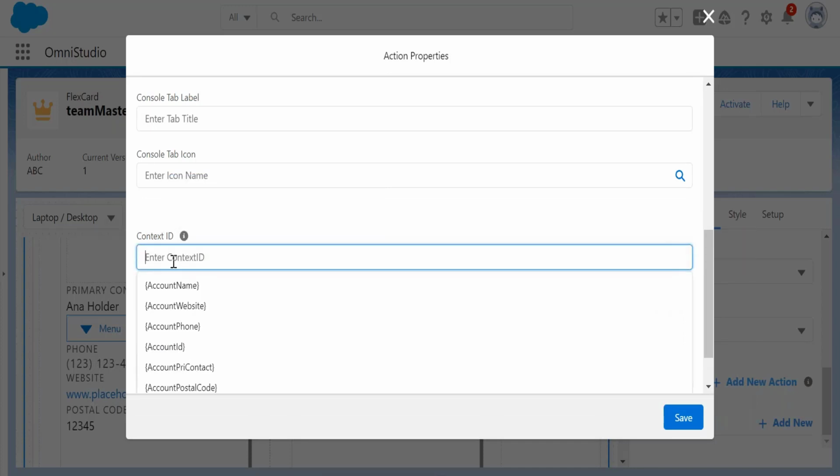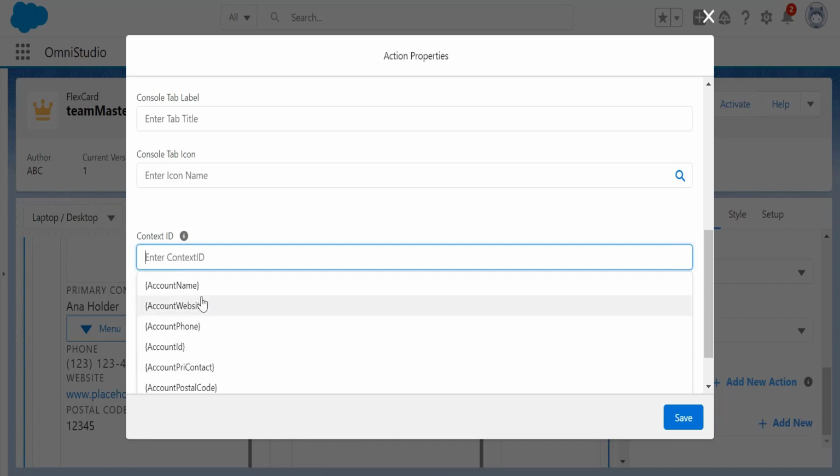In the drop down you'll see whatever data is loaded onto the card, we can see all the nodes. So here we have to pass the account ID context. Whatever record ID we have in the card, the same record ID we are passing to